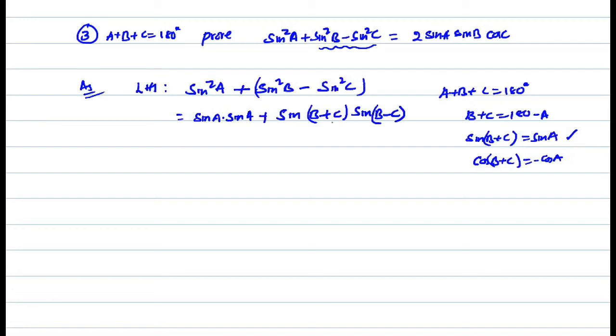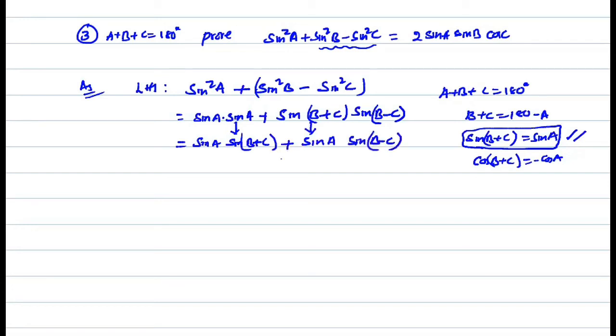So now look here. What is the sin of b plus c? Sin of b plus c is sin a. I use only this here. So convert one sin a. I write one sin a here. One sin a to sin of b plus c, and one b plus c is converted here to sin a. This is sin a into sin of b minus c. I think the third problem will clear many things for you.